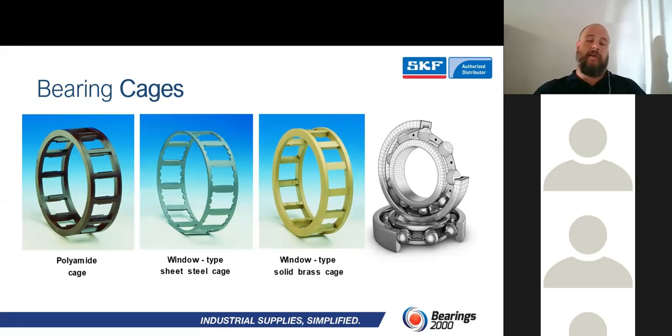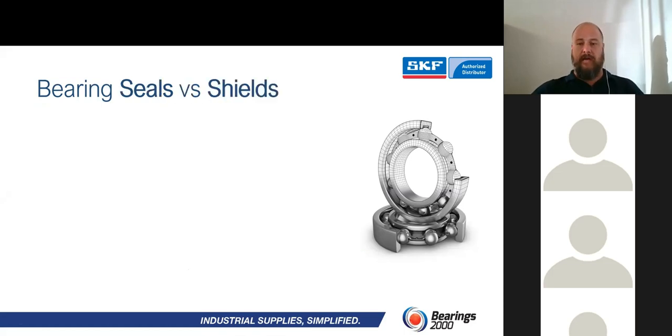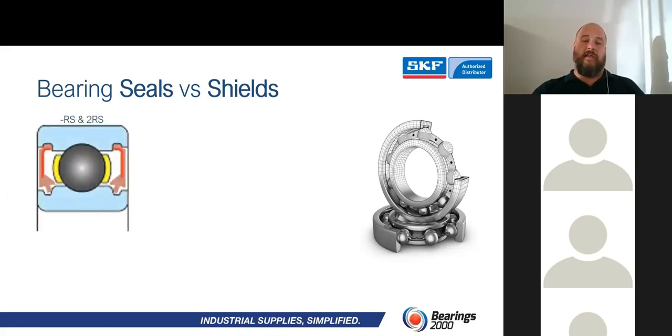So the next one would be the sealing arrangement within a bearing. When we look at seals, you get them in rubber or metal, and a lot of guys would come in and say, yes, I want that bearing with the metal seals. No, it is in fact seals versus shields. So when looking at the units, that would be your 2RS, which is the rubber one. And if you have a look at it over here, it's integrated into the outer raceway, and it does actually make contact with the inner race. That is your rubber unit.